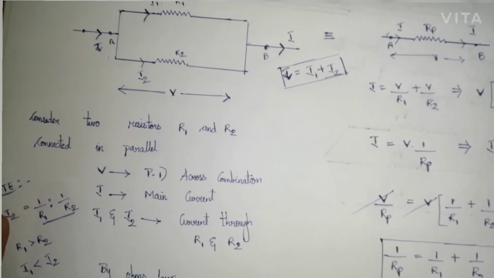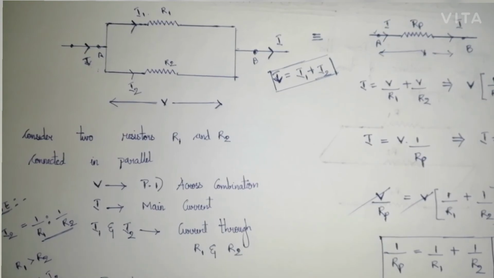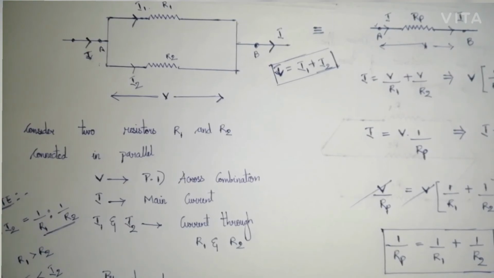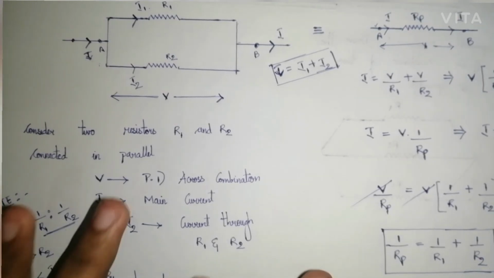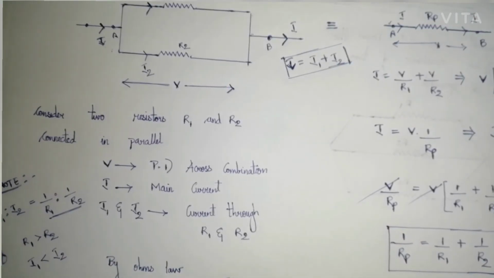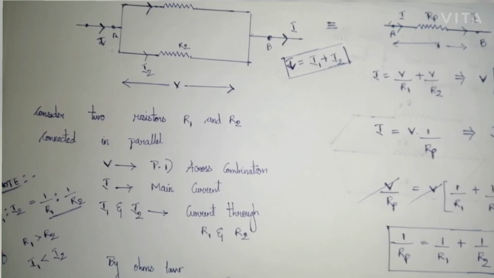So hope you have liked this video. Just go through this derivation once or twice. For 2021, my prediction is this question, because it's just my prediction. Don't think the same question will come. They haven't asked from 2015, so I have a light feeling over this question. So you have a chance of getting this question. Next video I'll be doing cells in series and cells in parallel. Then I'll be doing Wheatstone network, Kirchhoff laws, and small topics like carbon coding, resistors, color coding, all those simple stuffs. Hope you have understood this video.